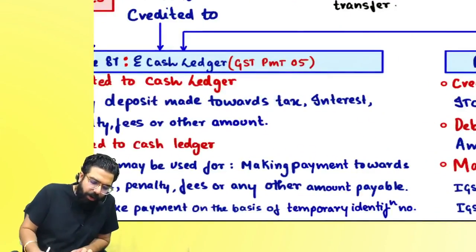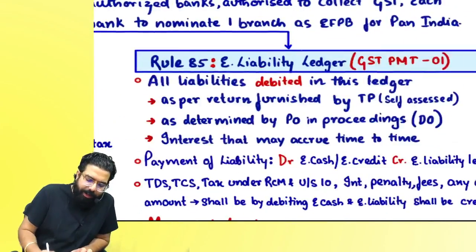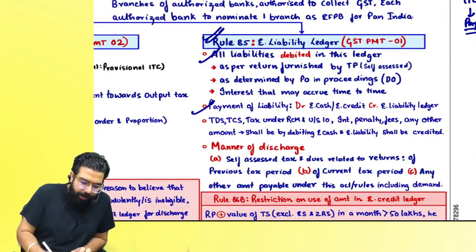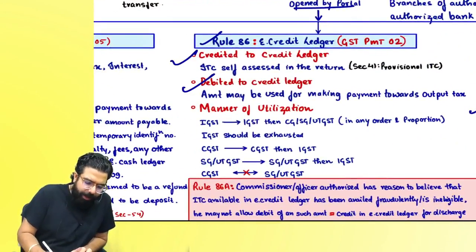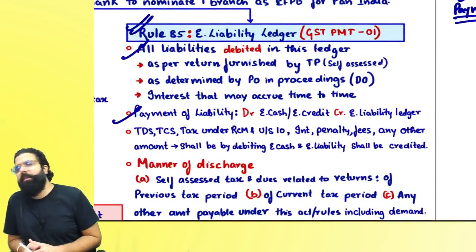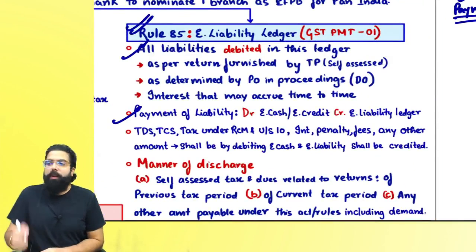What are the 3 accounts? E-cash, e-credit, e-liability. Every account will have one debit and one credit. Every account will have one credit and one debit. Right, everyone? Now, if you talk about e-liability ledger, in the e-liability ledger, what will be debited,